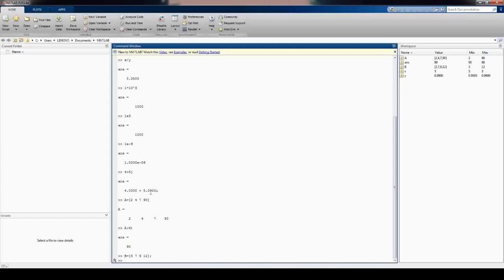How to add two arrays. So already I have defined two arrays A and B. I'm going to add those two arrays, A plus B. So this operation will add A array with B array. So here you can notice the first element of array A is 2, the first element of array B is 3. So 2 plus 3 is added and the first element of the result is 5. Similarly, the corresponding elements, second element and second element, third element, fourth element with the fourth element is added and a new array is created.